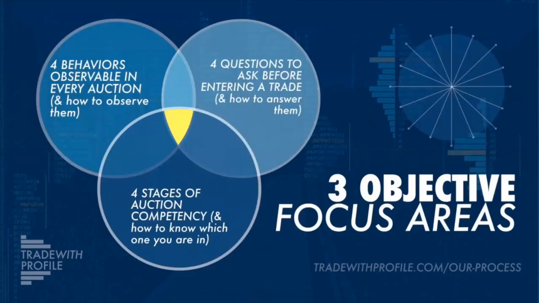They're all built around three ideas. When somebody asks me, what do you need to be successful as a trader, I could hone it down to these three things. You need to be able to observe the 4 behaviors in every auction, and know how to observe them in the time frame that you want. You need to identify a rest in the auction, a test, a move, and understand where a beginning is.